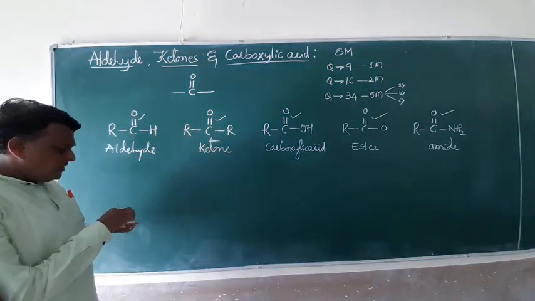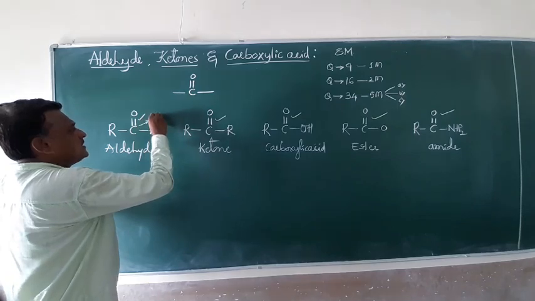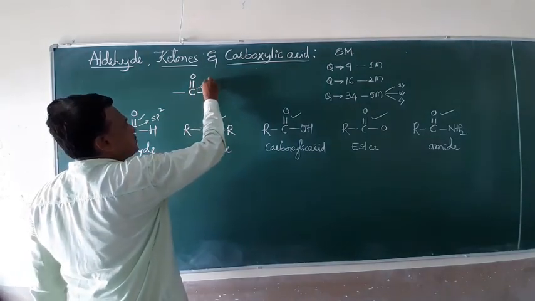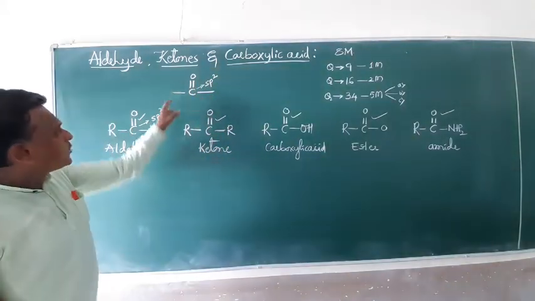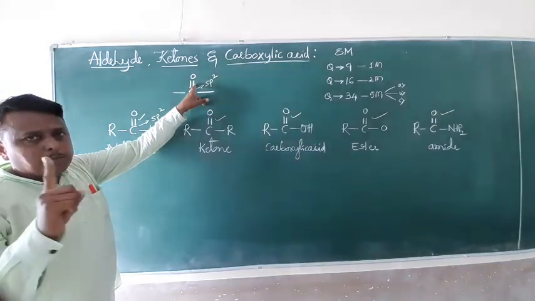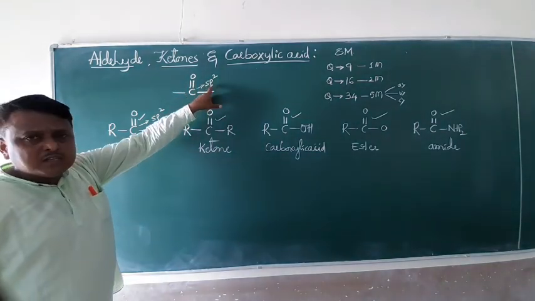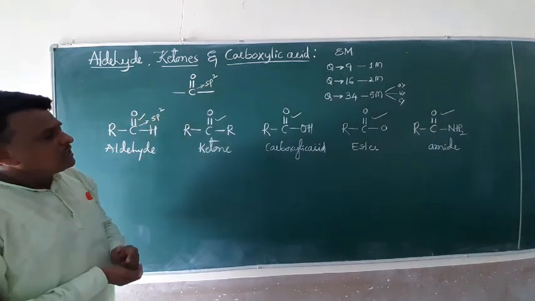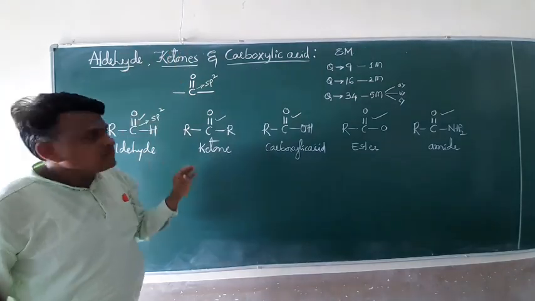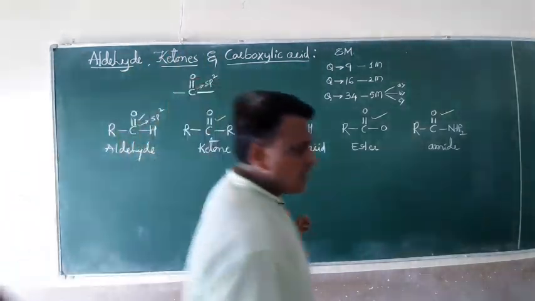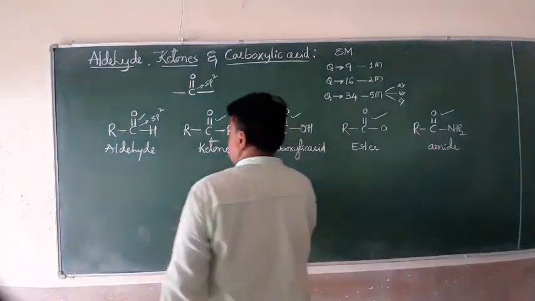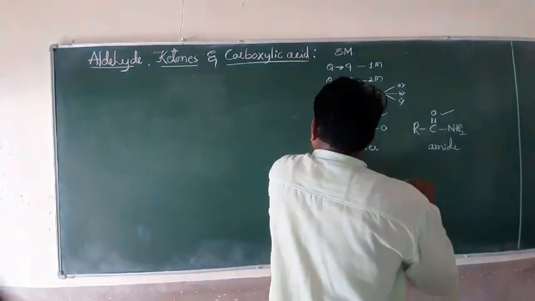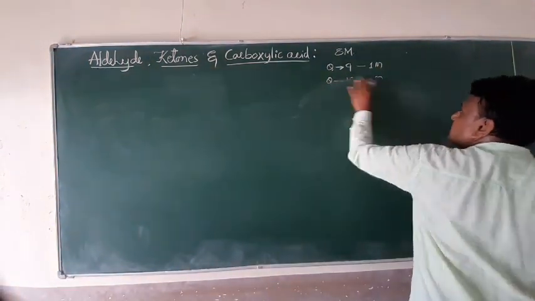So the carbonyl carbon in all these cases has sp2 hybridization, friends, involving 3 sigma bonds and 1 pi bond. I repeat, the carbonyl carbon has sp2 hybridization with 3 sigma and 1 pi bond. In this category we have 3 subunits: aldehyde, ketone and carboxylic acid. Today we continue this part of the syllabus one by one: the aldehyde, ketone as well as your carboxylic acid.